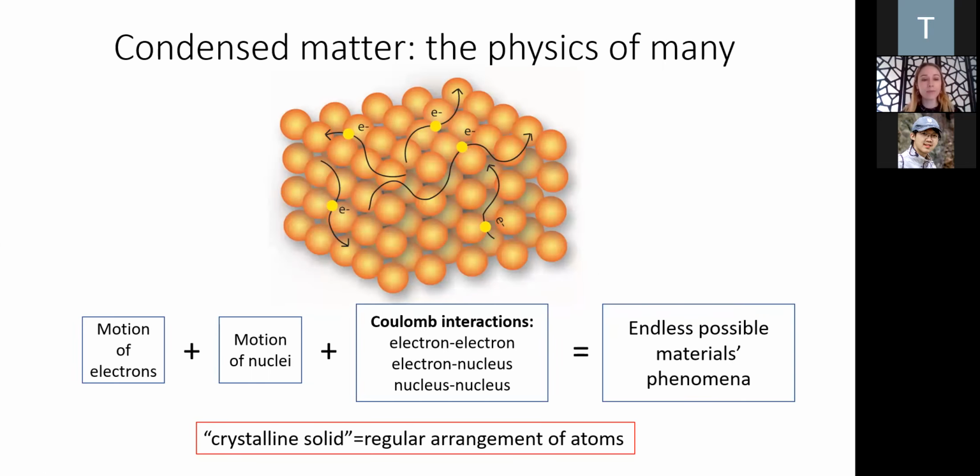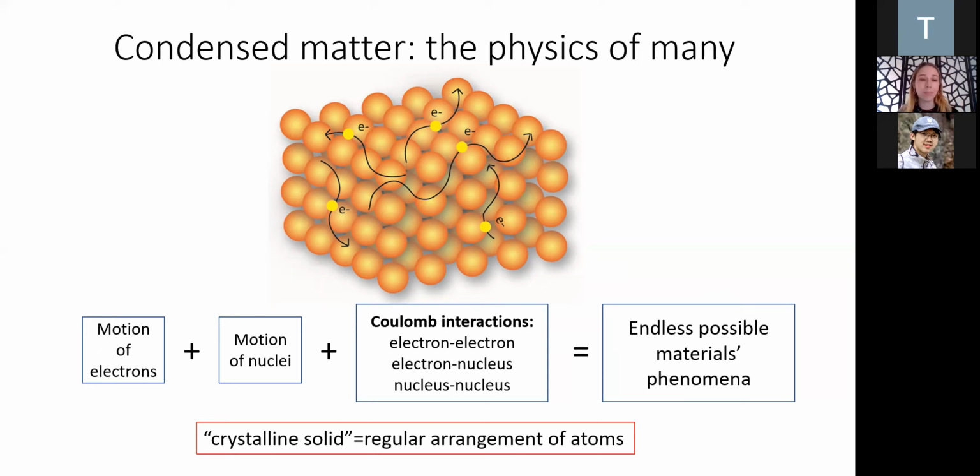So, condensed matter physics in a nutshell. We deal with crystalline solids. A crystal in science means something different from the colloquial word. It doesn't necessarily mean something that's sparkly and transparent. A crystal is defined as an object that has a regular arrangement of atoms. And even things that might not look like a crystal on the surface, like, I don't know, the steel fork in your kitchen, if you take a little piece of it that is small enough, you will see a regular arrangement of atoms. So anyway, we can describe everything.